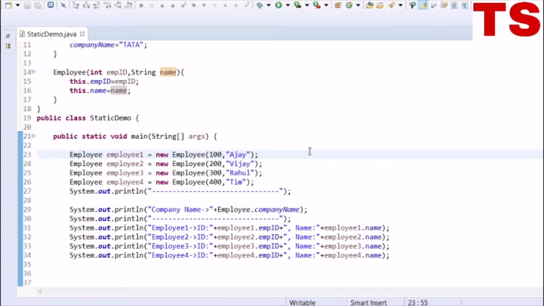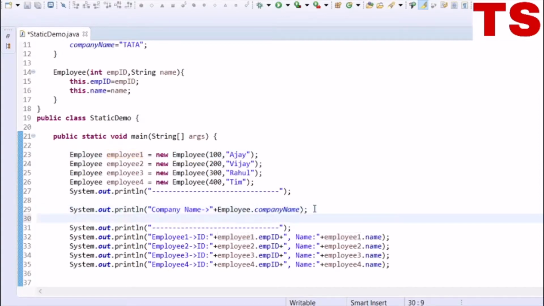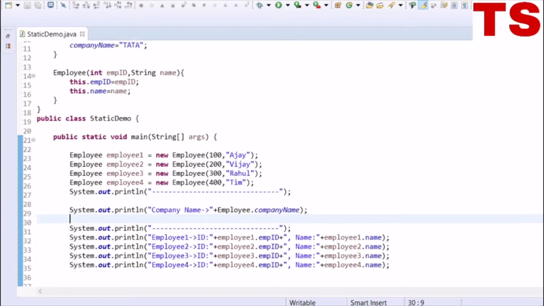In the main method, we have created the objects of employees and we have initialized the employees with some values by passing the values of ID and name into the parameterized constructor. And here we are trying to print the information related to the company with the employee.